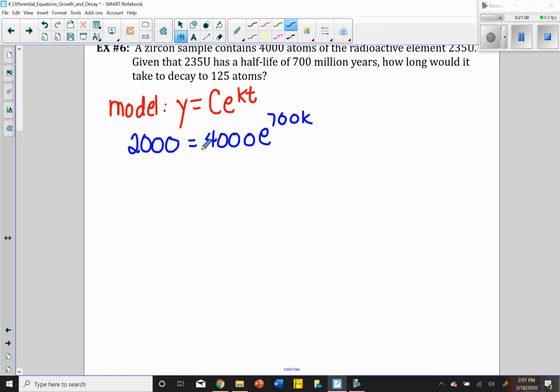So let's say we started off with 4,000. Half of that would be 2,000. Dividing through here, then we have 1/2 is e to the 700k. So k, taking the natural log of both sides, k is the natural log of 1/2